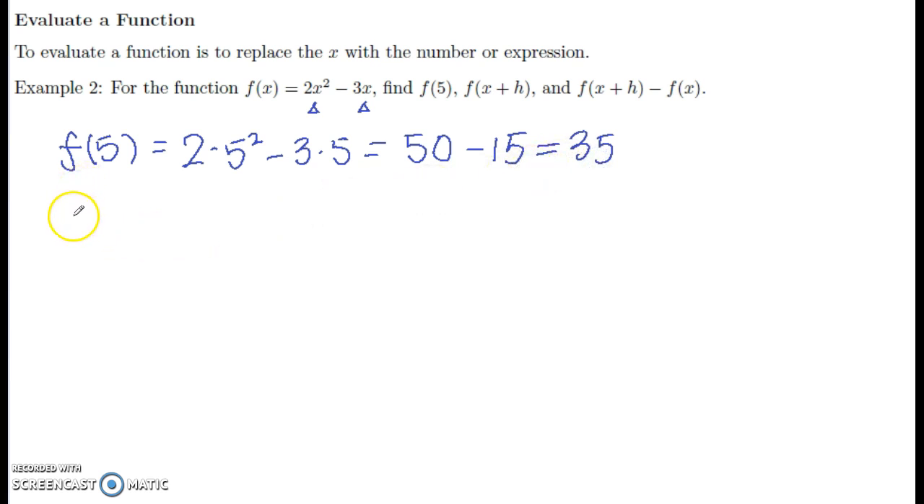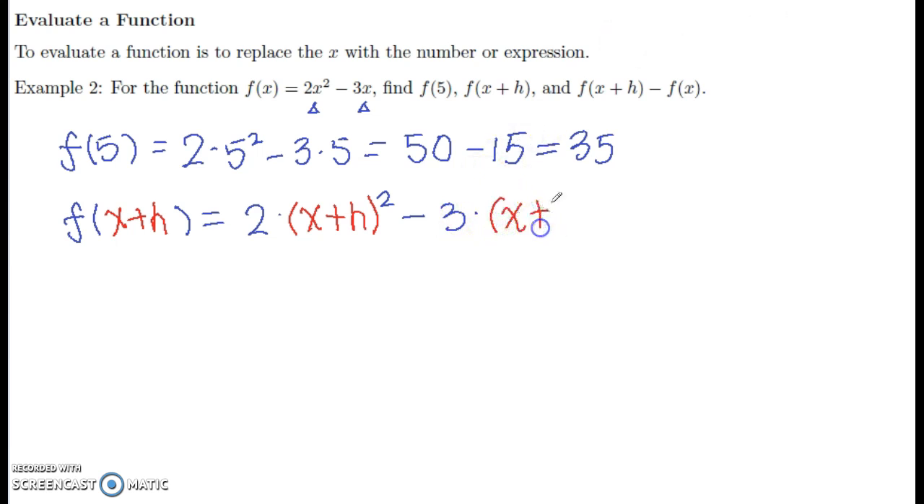The next thing we want to evaluate is f of x plus h. We have to consider x plus h as a whole. So we replace x by the entire x plus h. So we have 2 times x plus h, and we put it in parentheses, square that, minus 3 times the whole thing,